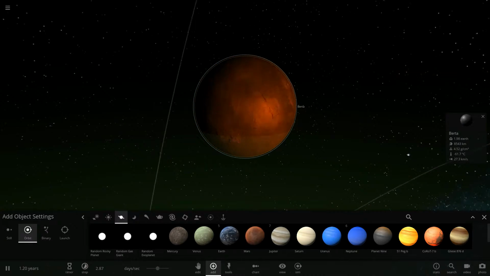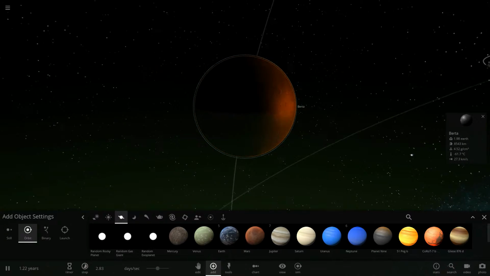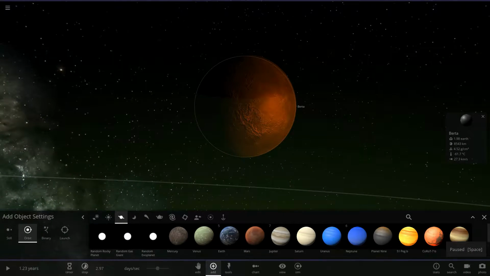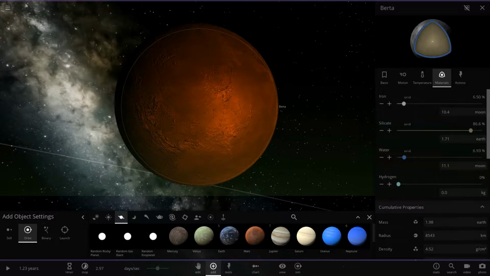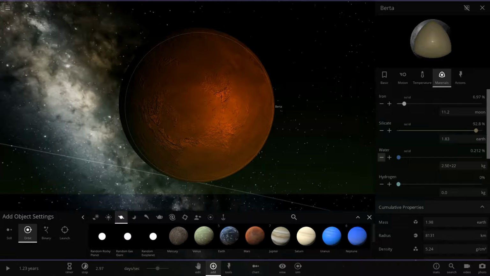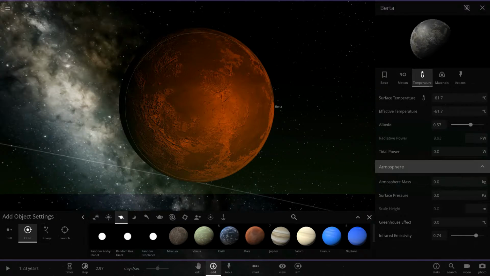Sorry guys, that is just red. So this is actually what it would look like on one of these rocky worlds. It will be red as hell, seriously red. It will be so red